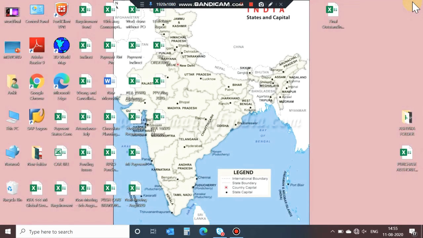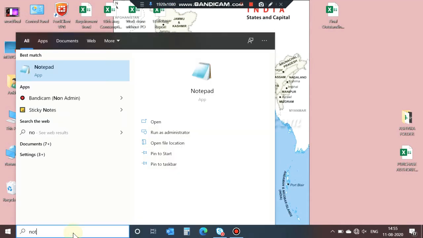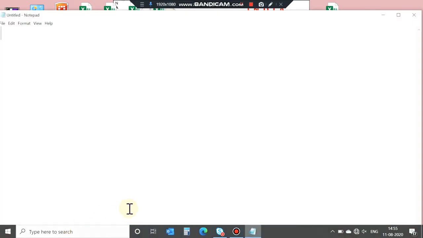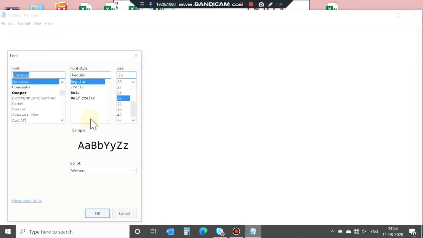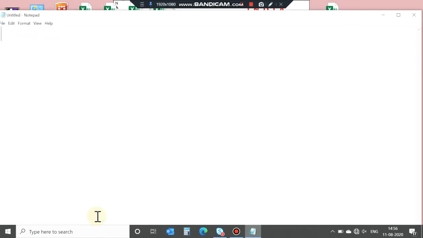The Notepad window will appear, or alternatively you can type Notepad in the search bar. Now you can see that after writing the word Notepad in your search bar, the Notepad window has been opened in front of you. Now here you will write your HTML document. How are you going to write it? I am increasing my font size so all of you can easily see it.